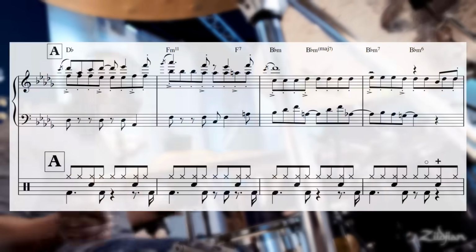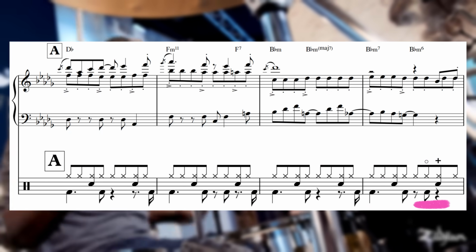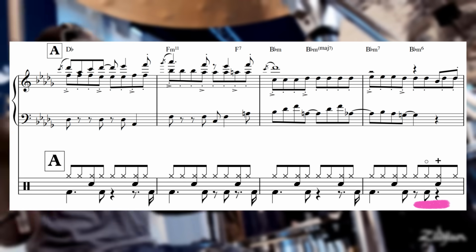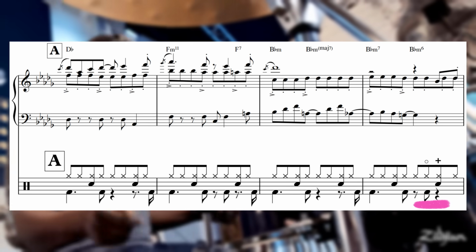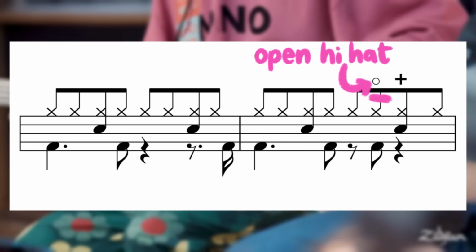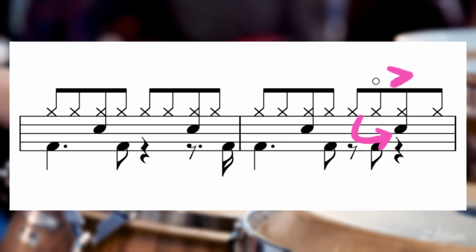I also like to sprinkle in extremely small fills at the end of each melodic phrase, or usually the end of every 4th bar, just to make each section feel a little more alive. For these, one added snare or kick hit will work great, or better yet, one added open hi-hat note. An open hi-hat begs to be closed, and opening the hi-hat 1/8 note before a snare hit makes that snare